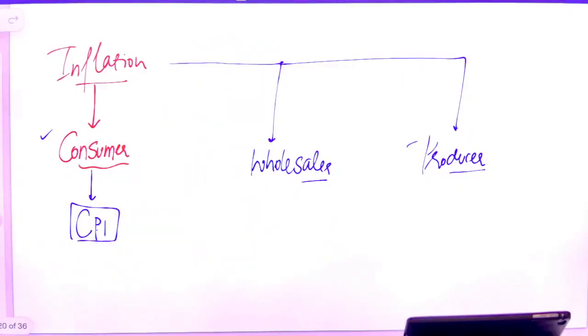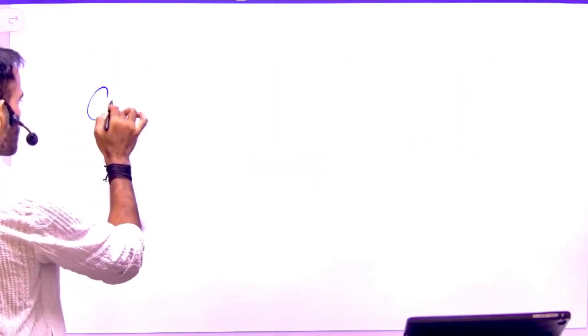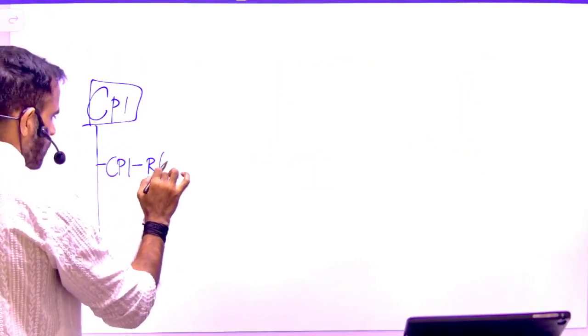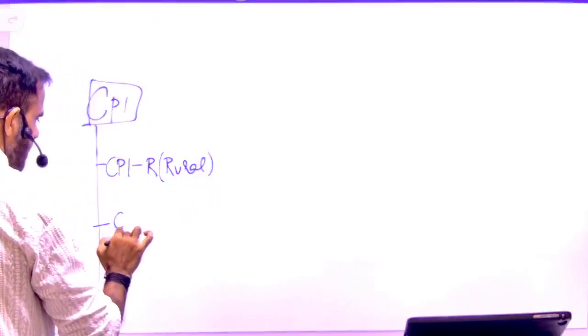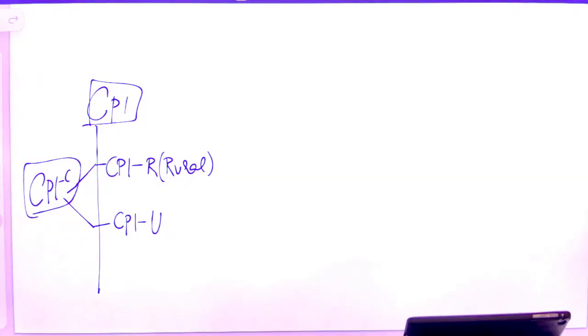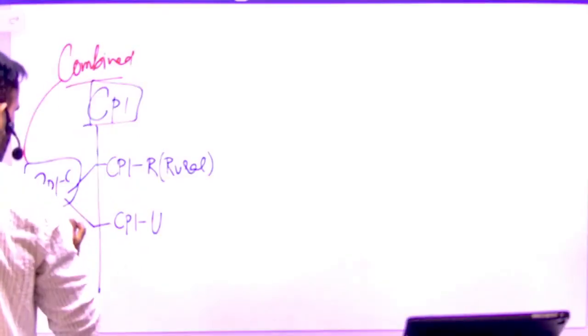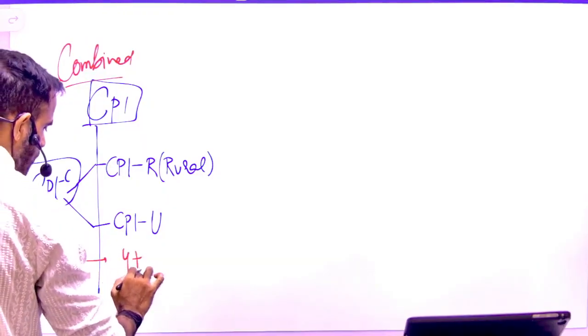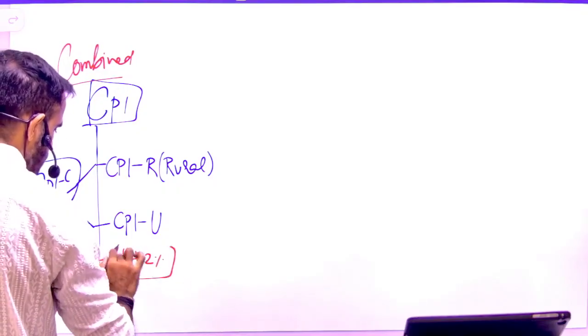Now, as far as CPI is concerned, it is the Consumer Price Inflation Index. Okay, we have different types of CPI. One is CPI R. What is CPI R? R is for rural. That simply means for rural areas. One is CPI U, that is for urban areas, and then there is a combined CPI, that is CPI C. So whenever we are trying to measure inflation, technically we use this indicator, that is CPI C. C means combined. So RBI tracks this inflation, and RBI has been given a target that they need to monitor inflation at the rate of 4 plus minus 2%.